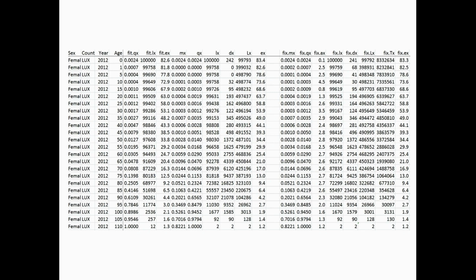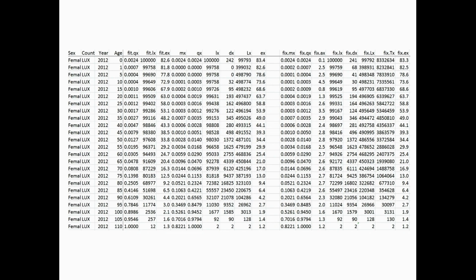And if you can't see the individual rates, it doesn't much matter. I should point out that in this particular spreadsheet, the life expectancy at birth for the fixed schedule is 83.3. For the observed schedule with the zeros and all, the life expectancy is 83.4. And then for the fixed schedule, it's 82.6, the female life expectancy at birth. And so there's really not that much difference in life expectancy at age 0